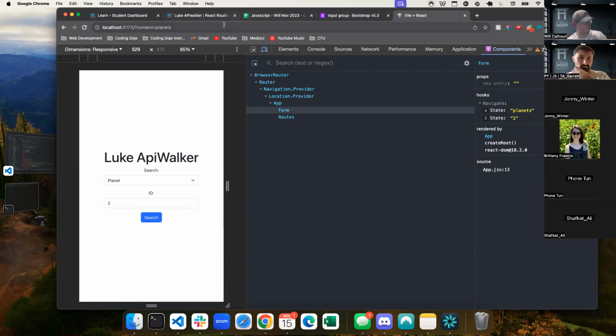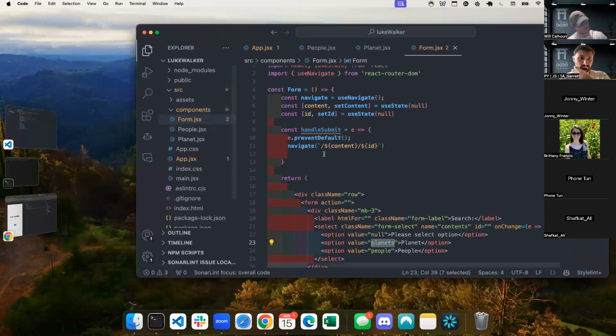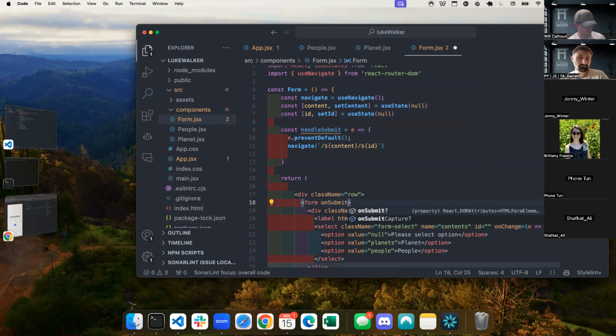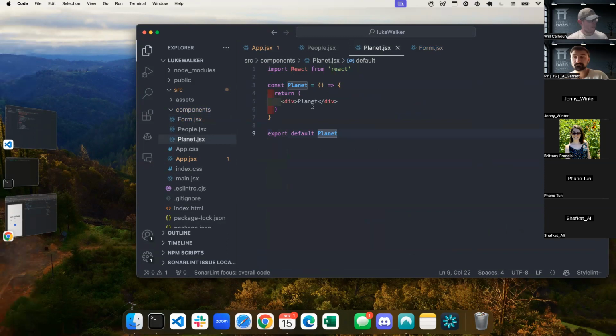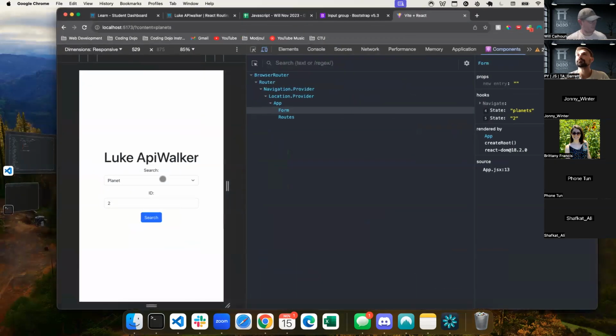So then what it should do is handle submit. I don't have a handle submit. On submit, handle submit. That was my issue. Okay. So let's say, yeah, we'll just do planet. That's fine. And so if I refresh, if I say planet 2,